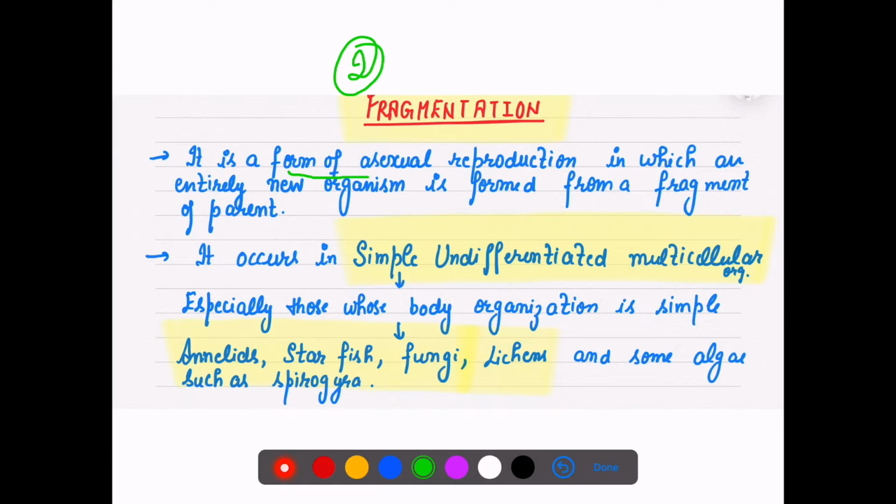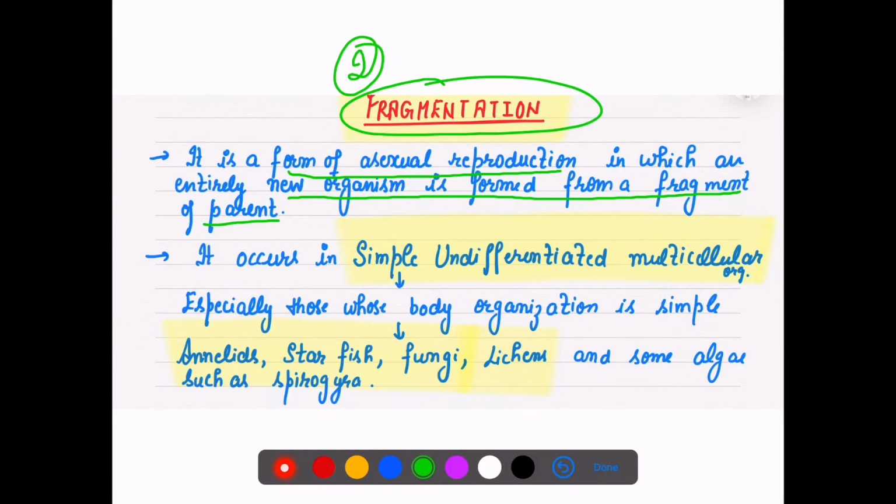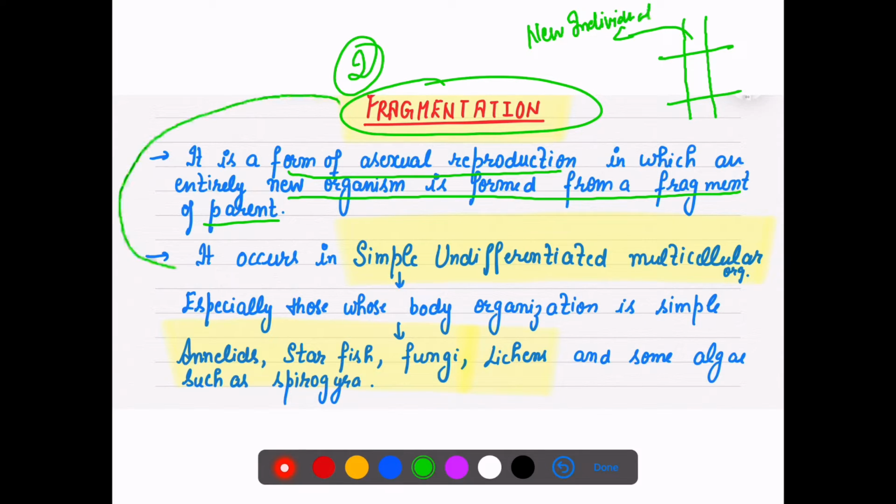So next, our asexual reproduction is fragmentation. It is another form of asexual reproduction in which a new organism is formed from a fragment. As you just look at its name, fragmentation, it means if there is any individual, one part or one fragment has the capacity to form a new individual, right? The most important point to know here is that fragmentation occurs in simple